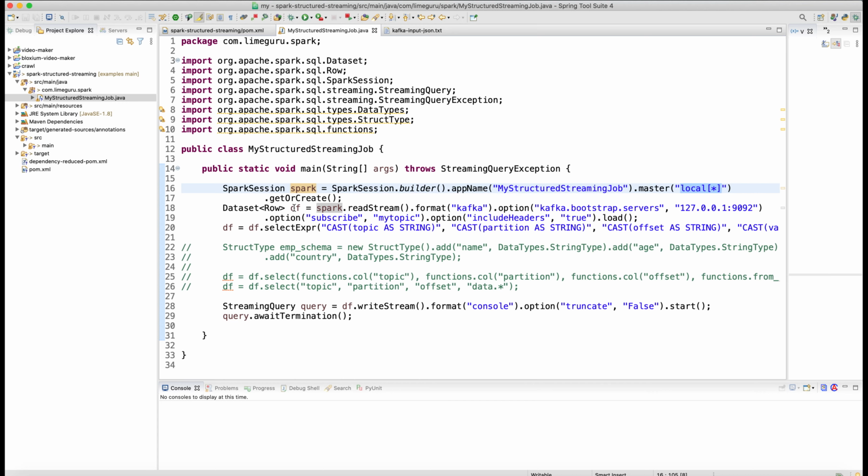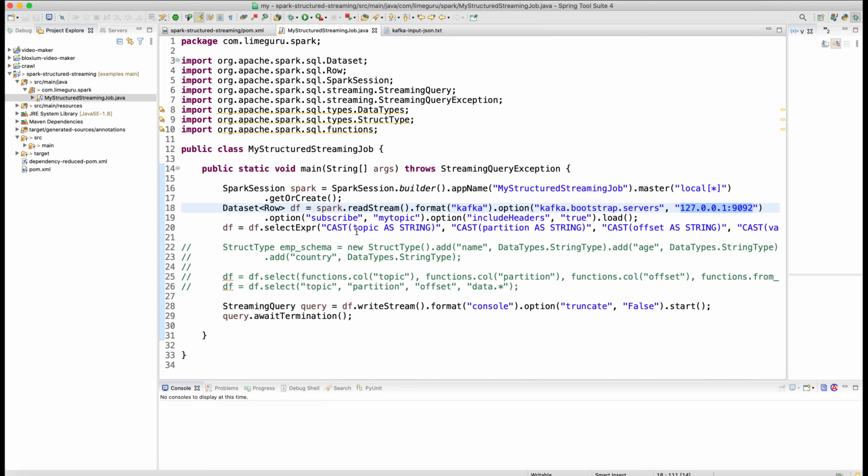Second, we are creating a data frame. This data frame is getting created using a streaming data set, and this streaming data set is from Kafka, where I am connecting to my local Kafka. If you see the bootstrap servers, it is pointing to my local Kafka, and if I show you, my Kafka server is already running. You see here Zookeeper is running, as well as my brokers. Both these servers are running, and I have provided the bootstrap servers connection details as my localhost. So it will connect to my local Kafka, and then we will see that I publish certain messages on my local Kafka, and how this Spark structured streaming job consumes the messages.